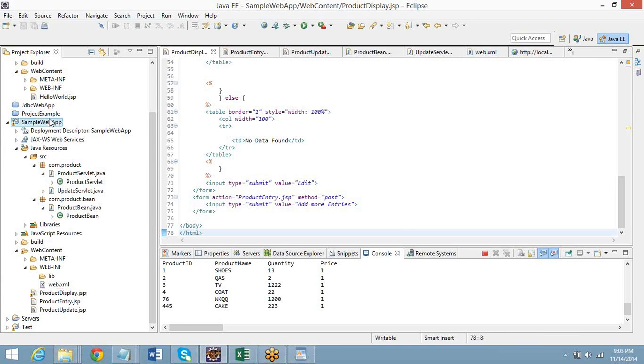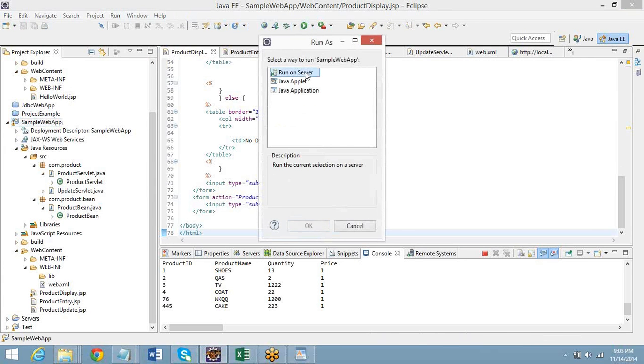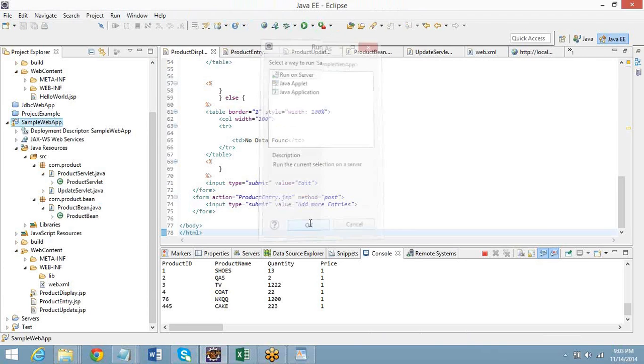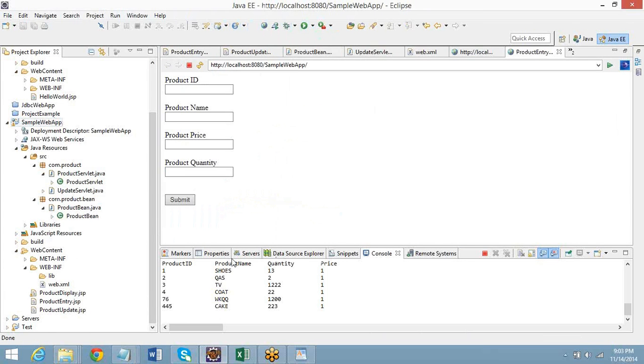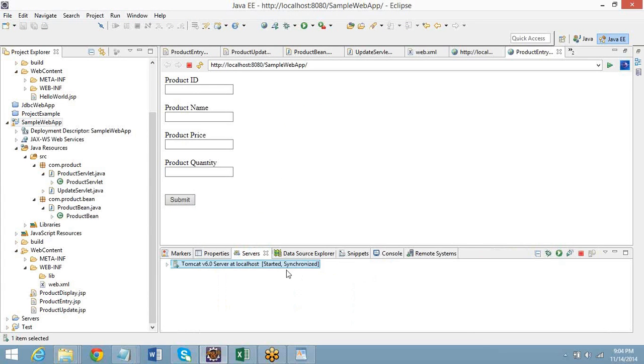Where are you starting the server? You don't need to start the server. I'm saying running on server. The server is already started. Okay, I will. Just giving random values.